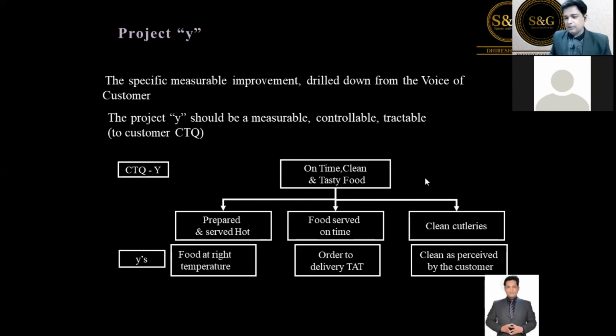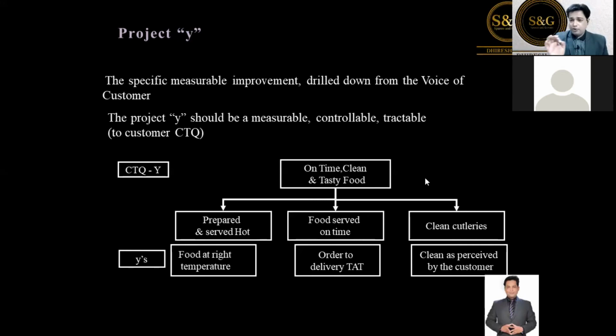From the voice of customer, they drilled it down to the CTQ. The CTQ was very clear. The CTQ says more number of songs, very simple. Another CTQ could be the latest songs. Let's say a new generation would like the latest songs, fast track songs, to keep more energy going. So more number of songs per hour.